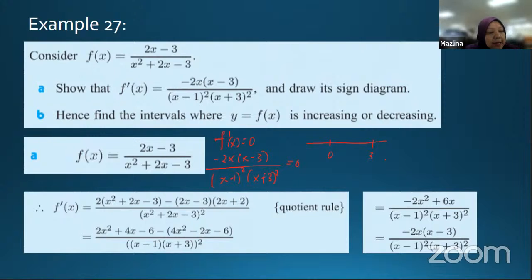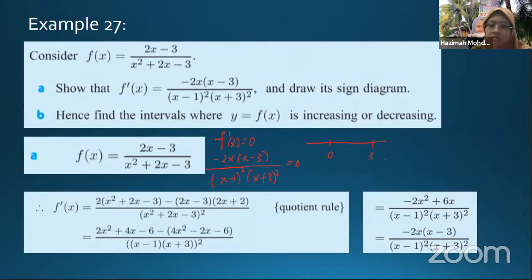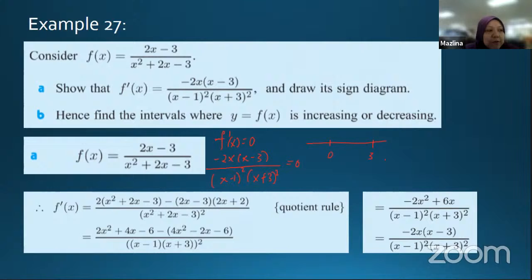At x equals to negative 3, what do we have there? Asymptote. Asymptote, right? Correct. Which means if we have the asymptote here, we have another interval to be considered. And then if you go further, x equals to